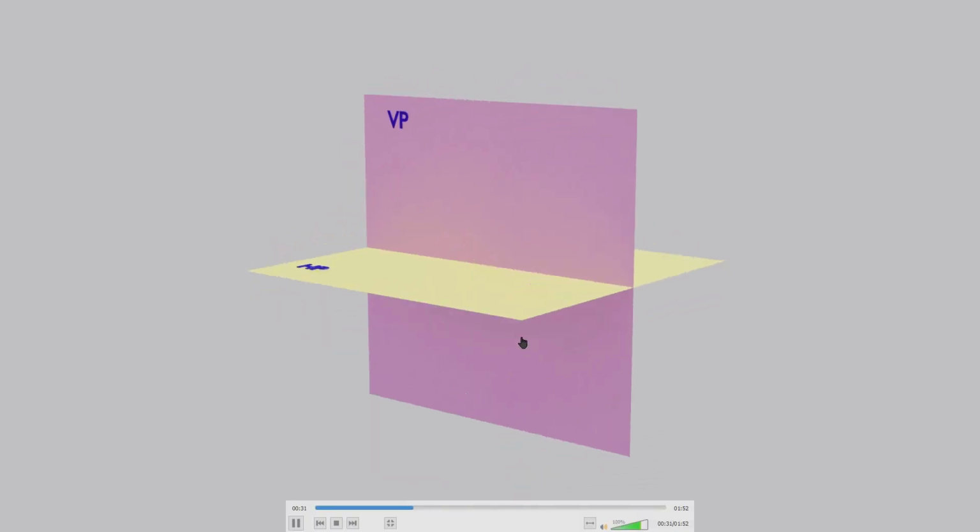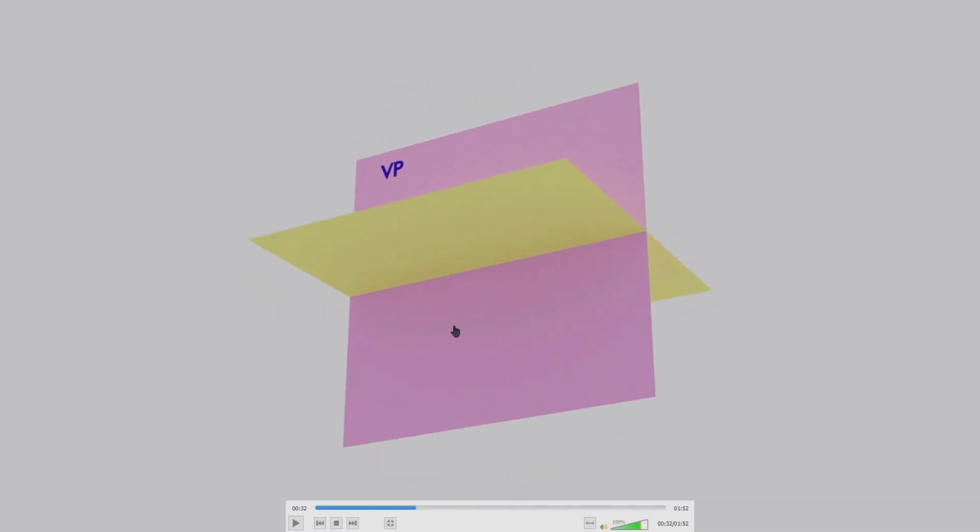Now let's move on to the fourth quadrant. Now that is the fourth quadrant. This is the fourth quadrant. You can see the object will be placed below the horizontal plane and in front of the vertical plane. You will get a more clear idea about this when we place the object and form the image and everything. This is just an introduction.